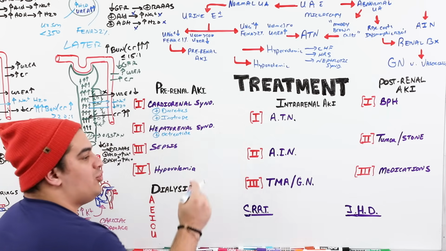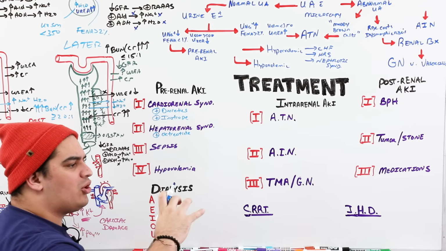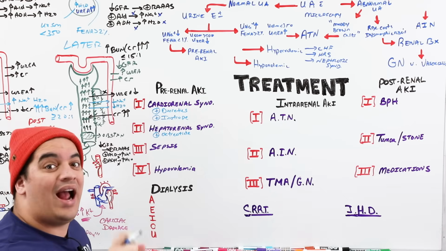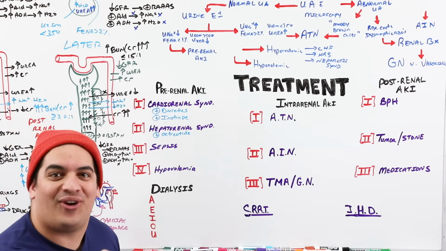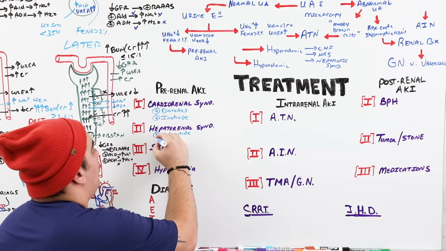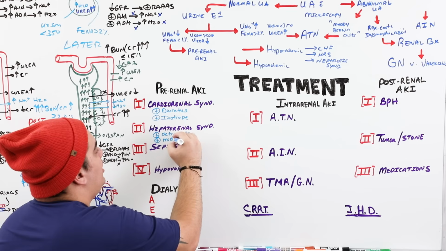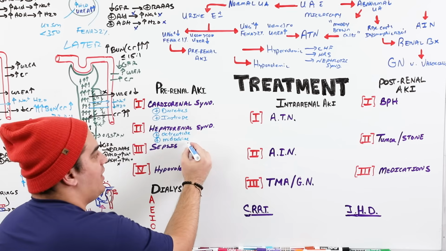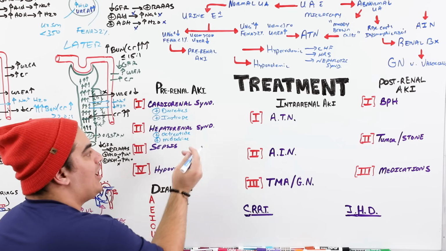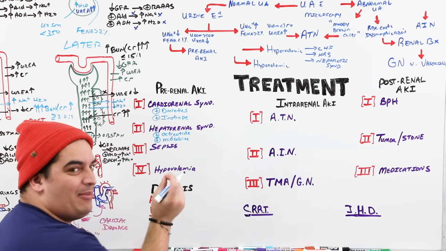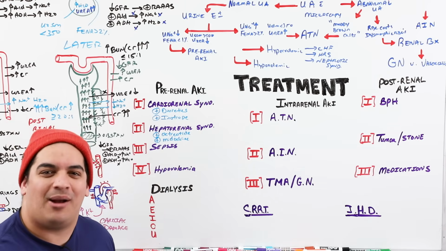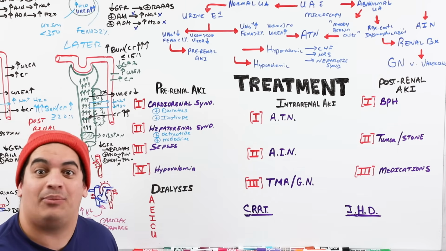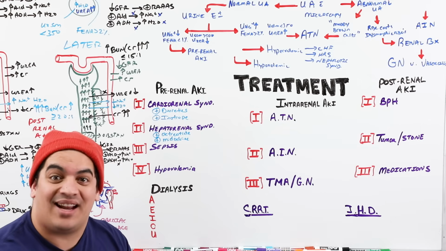And then you can also give another drug that tries to cause systemic vasoconstriction rather than just solely renal artery vasoconstriction. And this is called midodrine. So midodrine will cause systemic artery vasoconstriction. Octreotide will actually inhibit those vasodilator chemicals that are released by the liver. And then what's another problem with the liver? If it's damaged, it doesn't make albumin. So it doesn't keep fluid inside of the vessel.